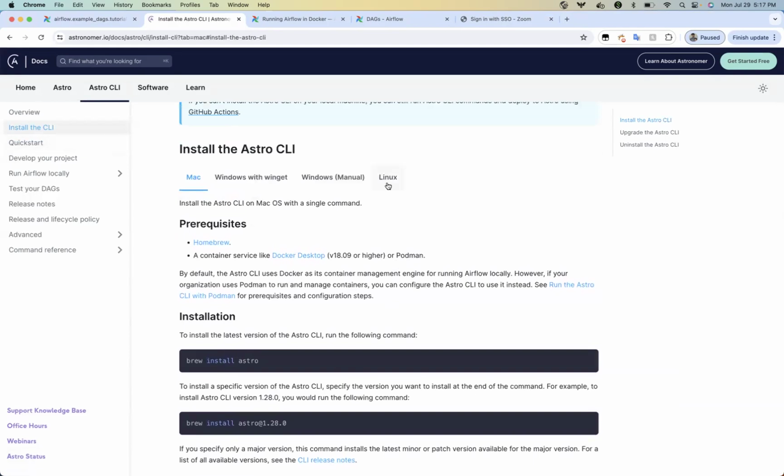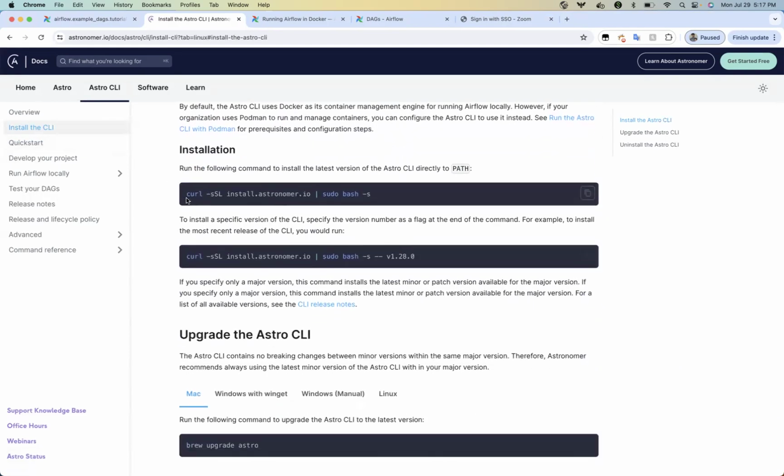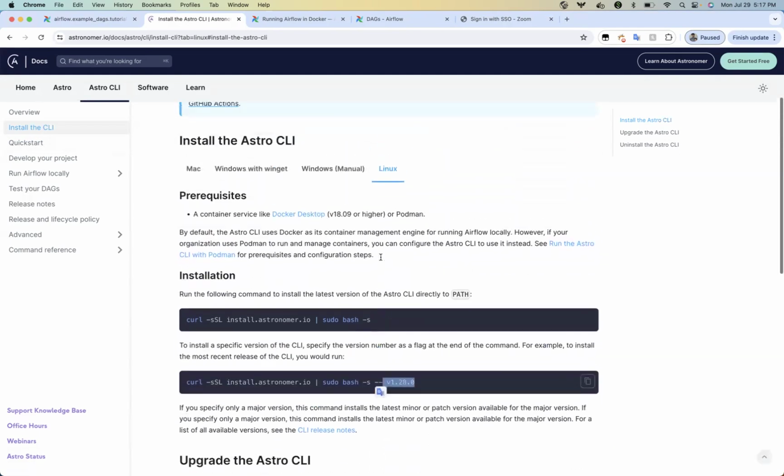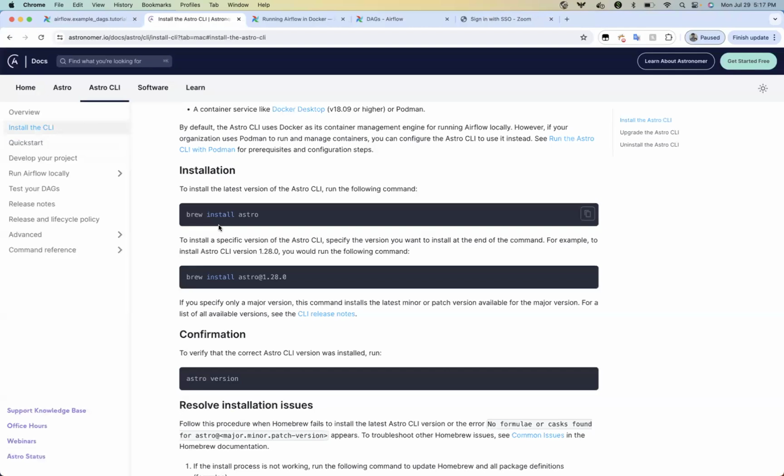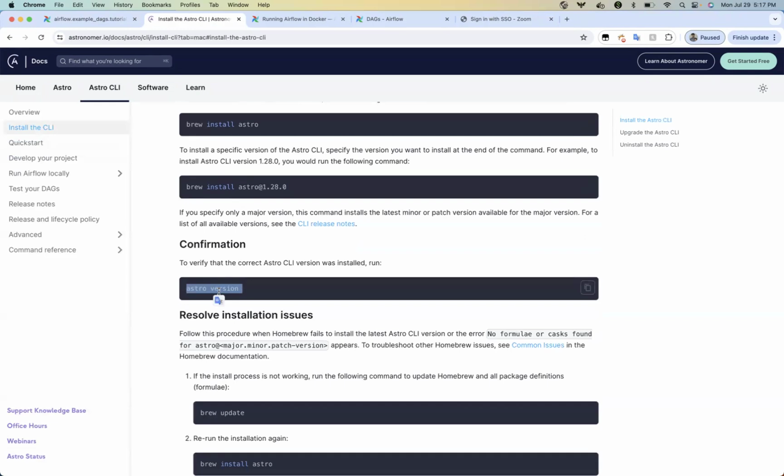For Linux, it's going to be very straightforward. You're going to use this curl command. And if you want to install a particular version, we will mention the version number. And for Mac, it's brew. If your Mac has brew, it's straightforward. Brew install astro. And if you want to install a specific version like 1.28.0, then you have to use that version to install it. And once you type astro version, you will see the current Astro CLI version